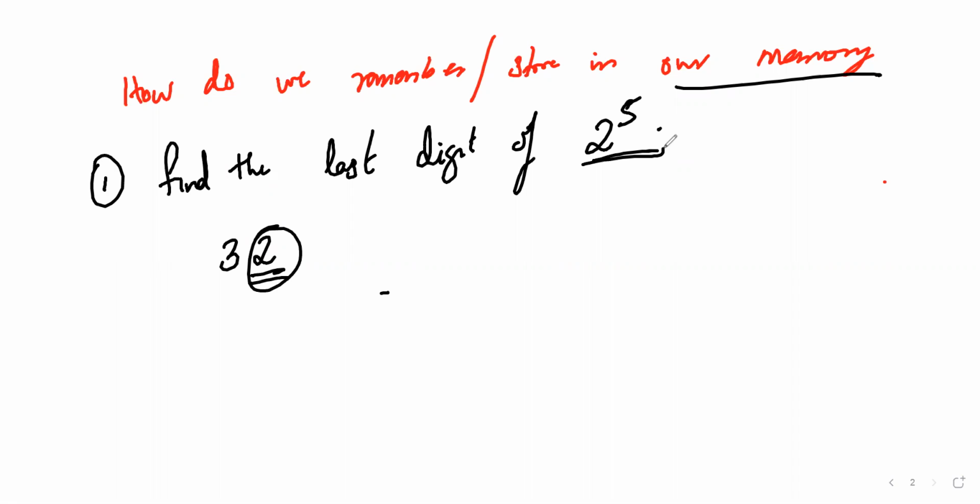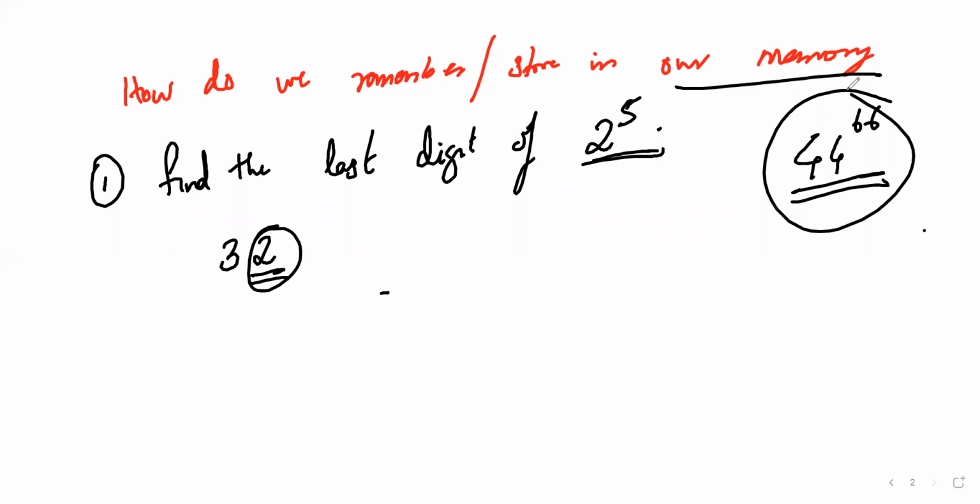Correct? Suppose the question is, let's take 44 power 66. This is our question. Can anyone tell me the answer immediately for this? The last digit of this? Just very fast. We can calculate it, that's a different thing, using a calculator or some other thing. But very fast, can you compute in your mind within 10-15 seconds? No, that's what I'm going to teach you today. So let's understand the mechanism, how we are getting this answer.